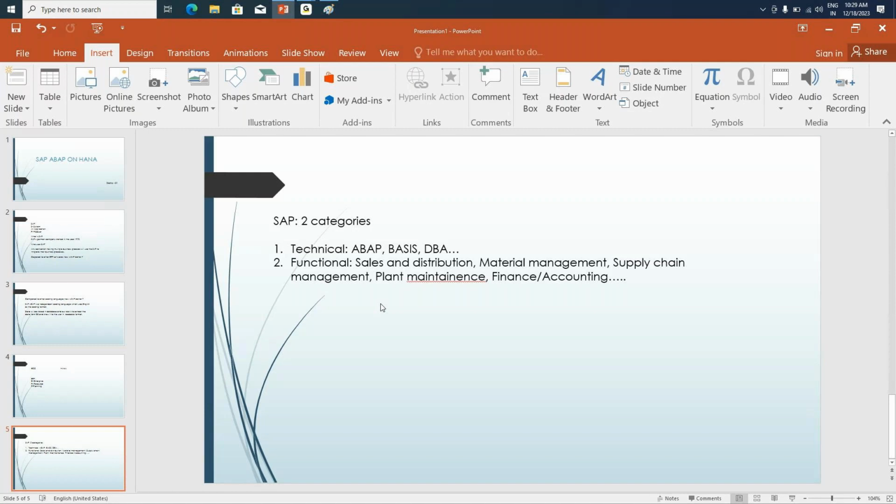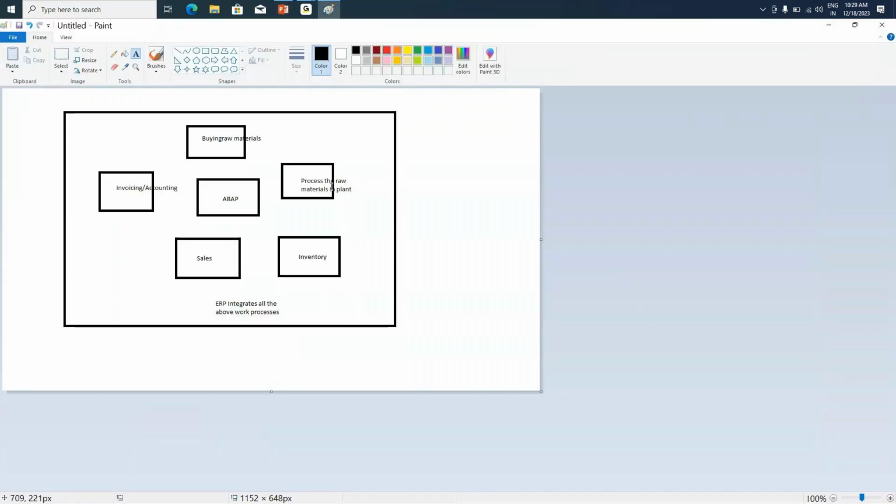One more advantage you have as an ABAPer is this. A few people might feel that we need excellent communication skills to survive in the corporate world in IT. With ABAP you don't need that, because as I said in the earlier example, all these functional areas, they will be the people who will be talking to your end users. You will never talk to the client. The client doesn't even know that you are there, working on the system. So you'll never communicate with them.